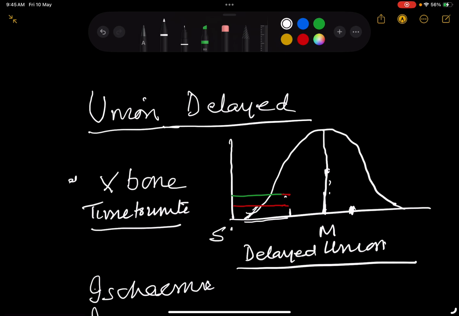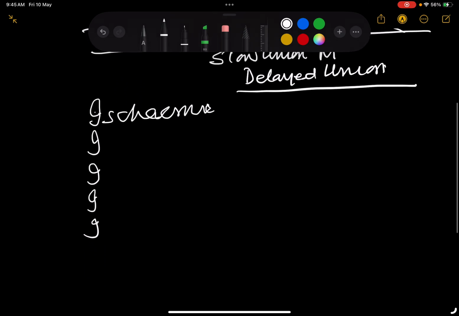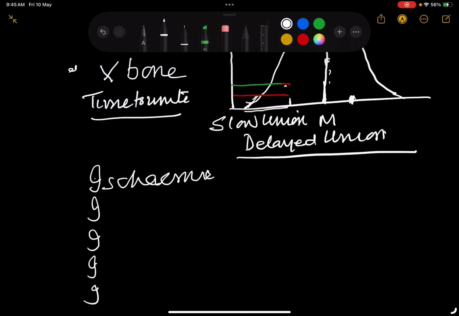So you understand the difference between slow union and delayed union. So to diagnose slow union, you must have some quantitative measures of measuring the amount of union, some numbers. But first, let us finish the causes: ischemia,